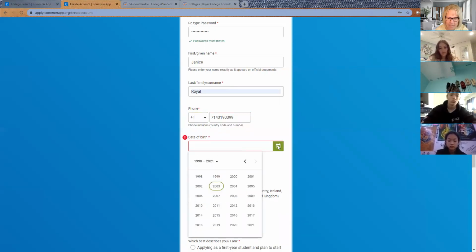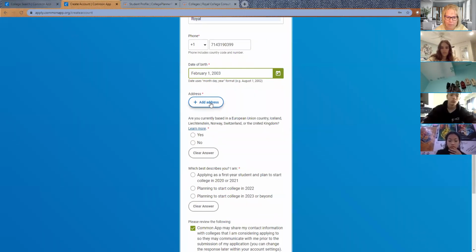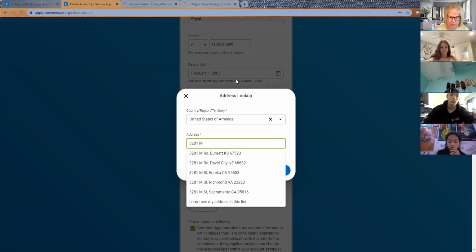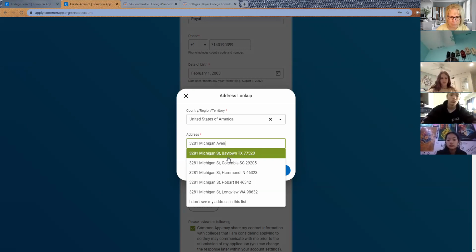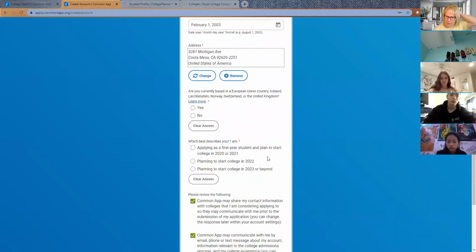Okay, and then click on the calendar, choose the year, the month, and the day of your birth, and it will fill it in for you. Quickly add your address, okay, so that we get everything going on your application. And then continue. And then the last couple of boxes are no, you're not part of the European Union